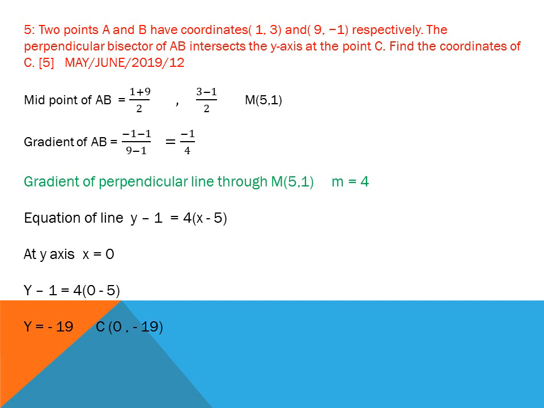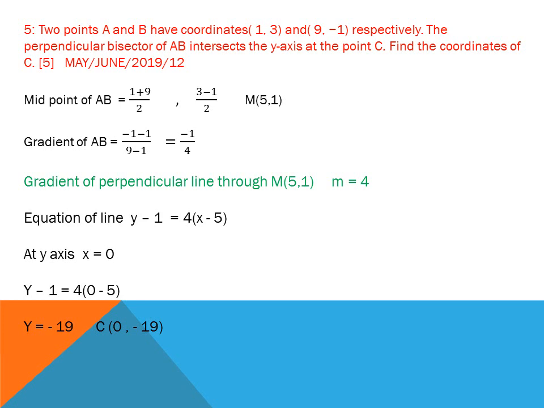Midpoint of AB is ((x1 + x2)/2, (y1 + y2)/2). I find the midpoint is (5, −2). Then I find the gradient of AB, (y2 − y1)/(x2 − x1). Here is a little bit of a mistake. Here y2 is −1 and y1 is −3, so −1 − (−3) is equal to 2. Divided by 8, it is 1/4. So the gradient of AB should be as calculated here, not as I wrote. It's a little bit of a mistake.